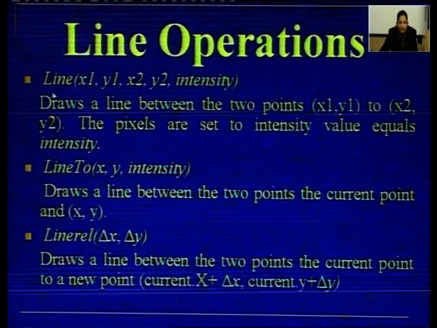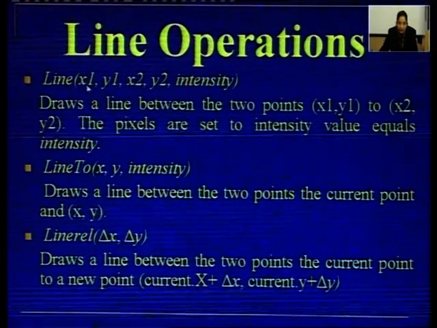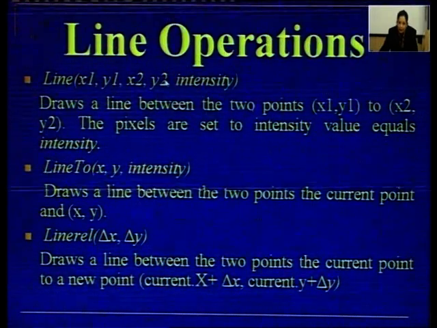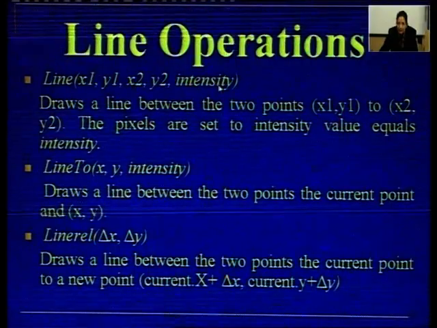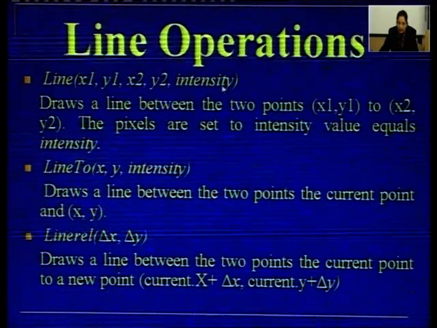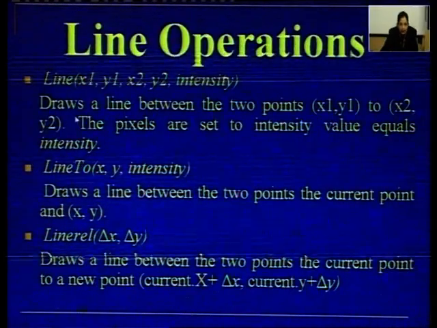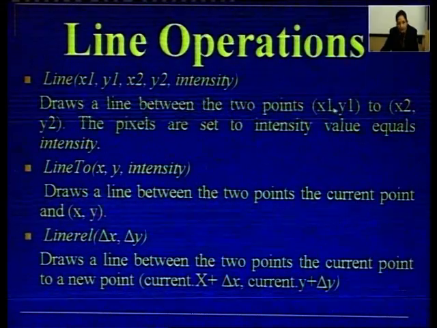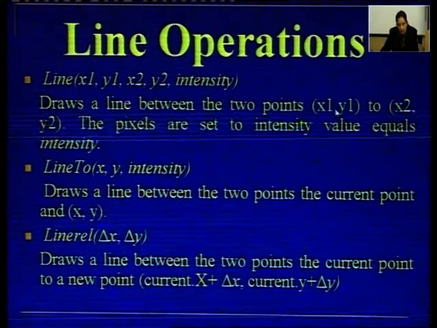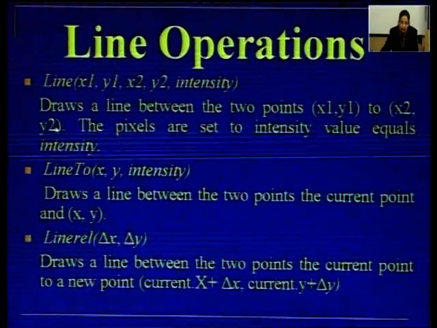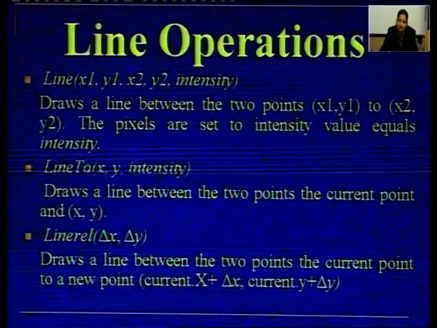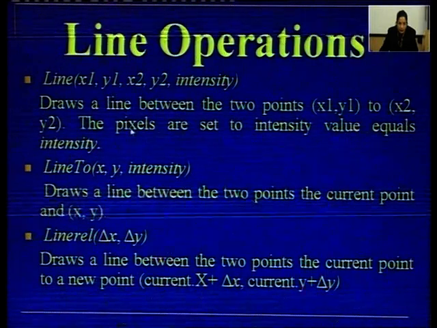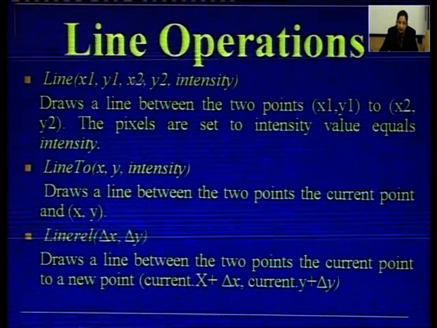The first operation is line. The parameters are x1, y1, the coordinates of the first point, x2, y2, the coordinates of the second point, and the intensity parameter that is to be set on. This operation draws a line between the two points described by x1, y1, the first point, to x2, y2, the second point. The pixels are set to the intensity value equal to this intensity